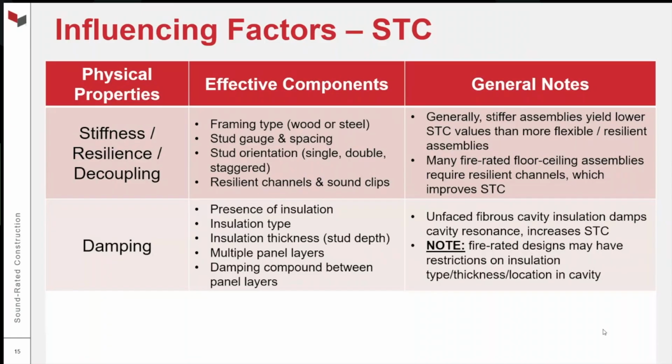So what are some things that add damping to a system? Well, the presence of fibrous insulation in the cavity. The insulation type and the thickness of the insulation are a factor. Multiple panel layers: when you have, for example, 2 gypsum panel layers, one on top of the other, there are some frictional losses between those panel layers. That's effectively damping the energy as it transmits through the wall. There are also damping compounds that can be applied between panel layers. I'm not going to go into great detail on that. It's called constrained layer damping, but these are all different ways to remove or reduce energy as it transmits